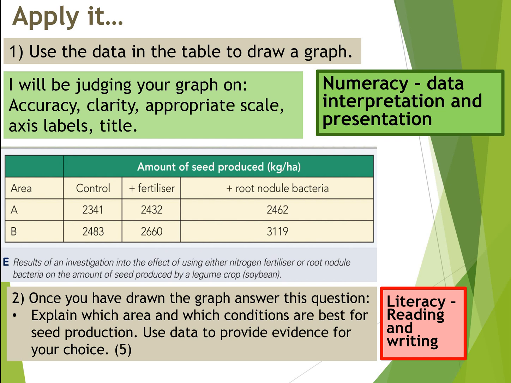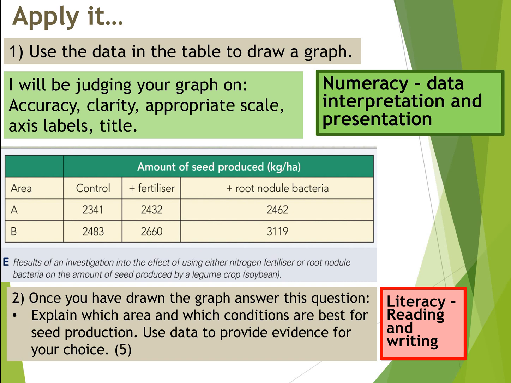So you'll have to attempt a graph the best you can, either using graph paper if you've got some at home, or if you can, print some out, or just do it on some plain paper to judge your scale accurately. So this is about application of data. We've got 2 areas, area A and area B. In each area, there might be different types of soil. In other words, soil that might be nitrate rich or nitrate poor.